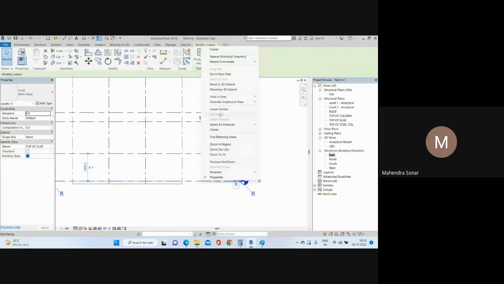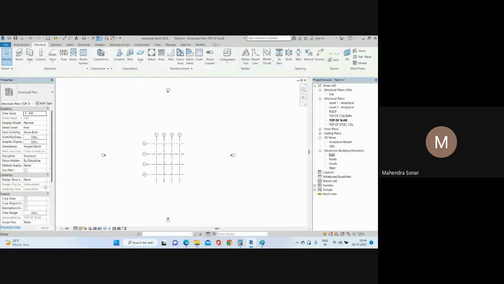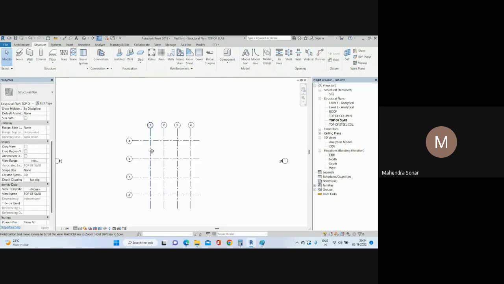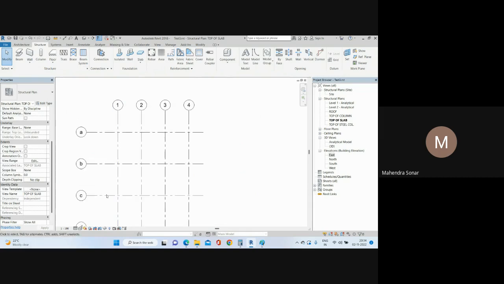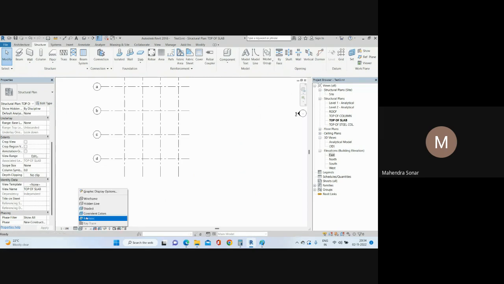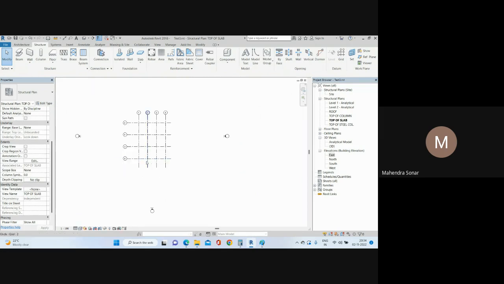Okay, and go to the floor plan, right? And you have the option here, edit tab. So 1 meter, 1 meter, all is cut plane, top of slab. Why can't I see it? I think there is some issue here. I want to reinstall Revit. Okay, so